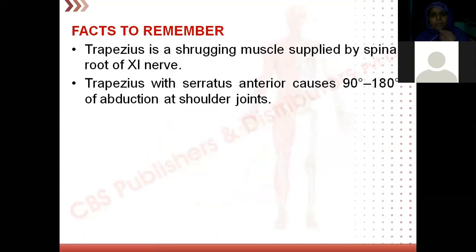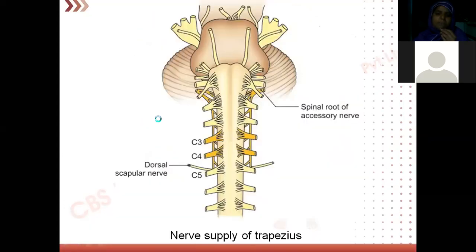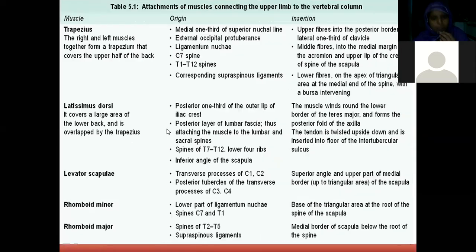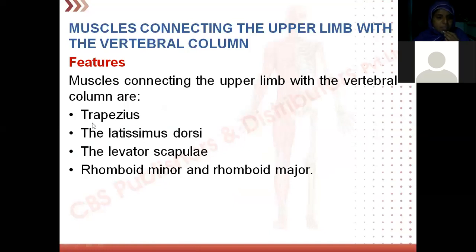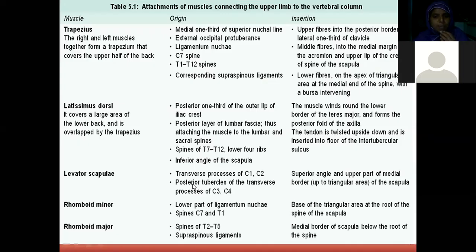Now see here, before I go to further details, now we will go systematically, because now you have an idea where these muscles are. With the help of the diagram, we have seen trapezius, latissimus dorsi, levator scapulae, rhomboids minor and major. Just to go through this table, I have already told you the origin and insertion of all these muscles. For example, if I talk about trapezius, I told you it is trapezium shaped. Right half one muscle, left half another.